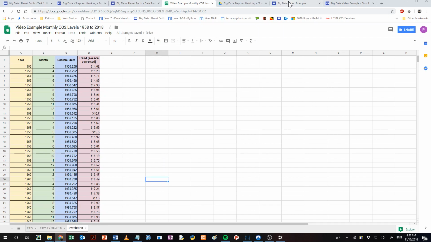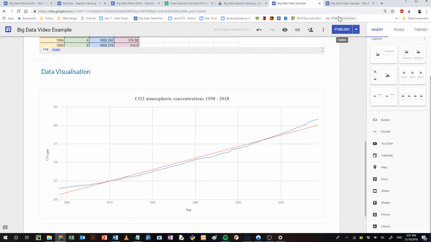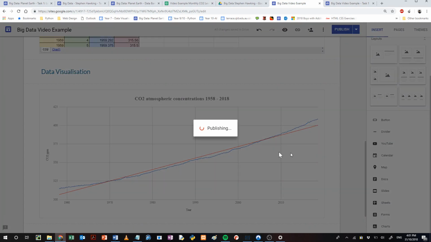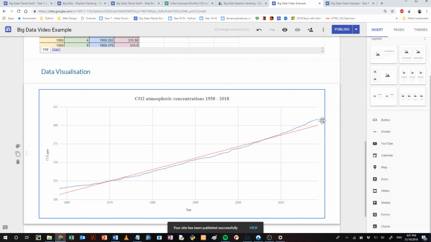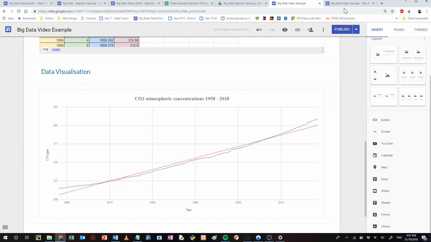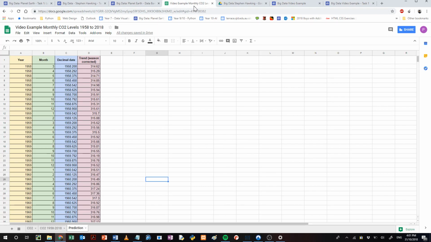When it comes to the prediction, you can use any data you feel is a good representation. Now, you could use the whole of the data, but you might find that that isn't predicting a high enough increase. As you can see, the blue line, which is the real data, is actually slowly increasing over time. So it might be more accurate to use the latest data. You could use the last year, 2 years, 3 years, but you want to use at least a year because, as we looked at earlier, the CO2 levels do go up and down throughout each year. And so if you use a partial year, you might get inaccurate predictions. So I'm just going to use 1 year